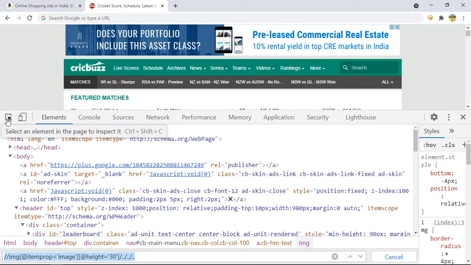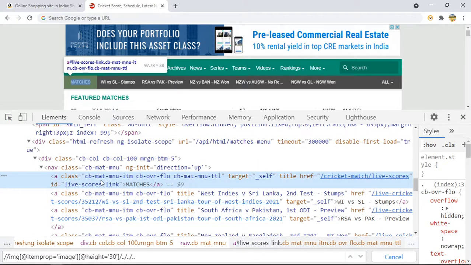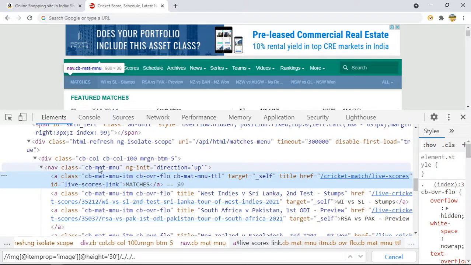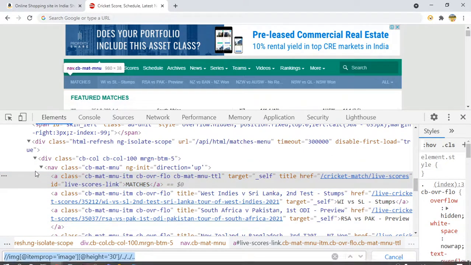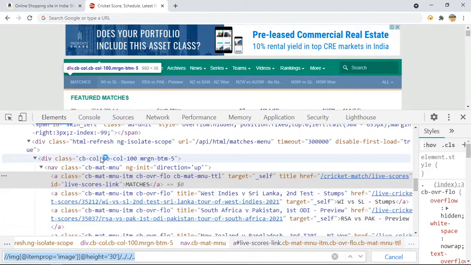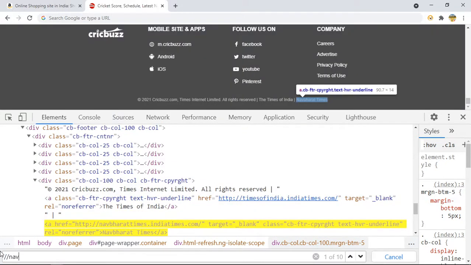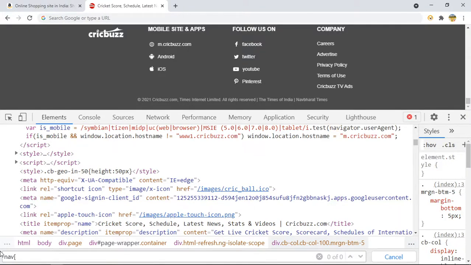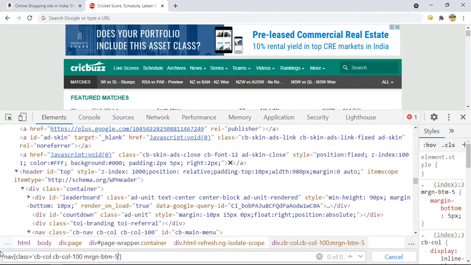So we were discussing CSS. Like, I want to click on this matches. How can you write the CSS? Suppose I start writing the CSS just like we did in XPath, moving from this to this. Nav tag name. Sorry, we are writing CSS. So tag name without double slash, class equals to this. What mistake have I made?